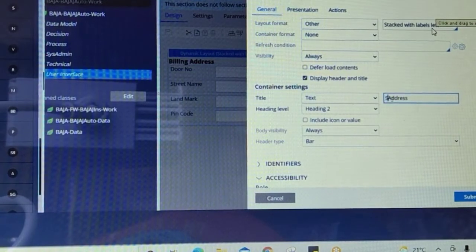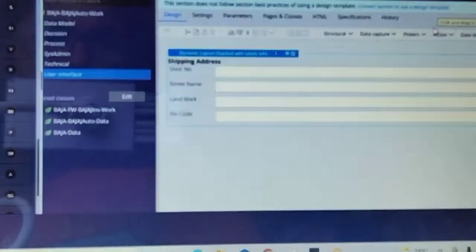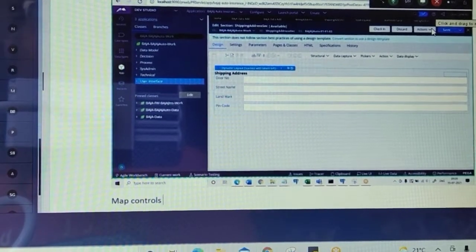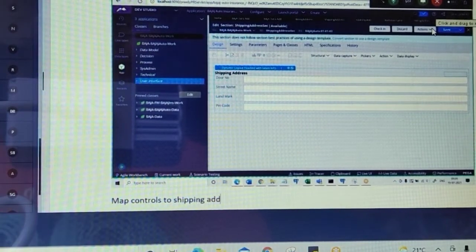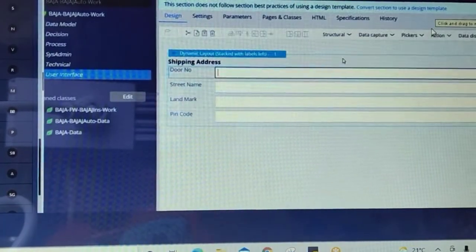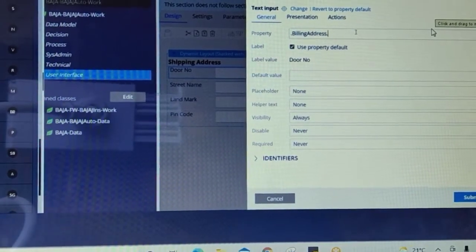So here what should I do? Map controls to shipping address properties. Pin code can be text, right?